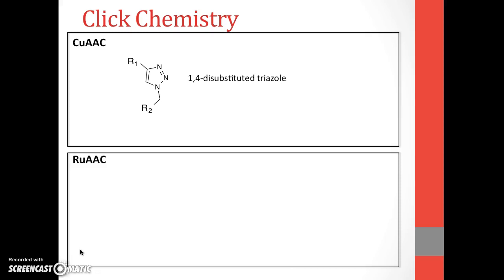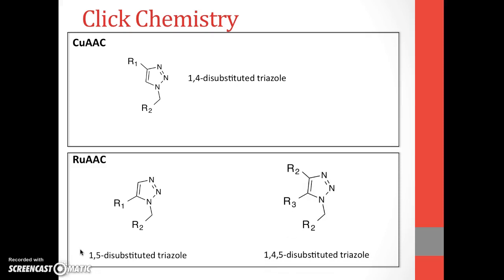In the ruthenium catalyzed reaction, we can get a 1,5-disubstituted triazole, or we can get a 1,4,5-trisubstituted triazole. If the ruthenium interacts with the terminal alkyne, we would get the 1,5-disubstituted. If it interacts with the internal, we get the 1,4,5-trisubstituted. That's a major difference between the copper and the ruthenium, and because the ruthenium can interact with not only